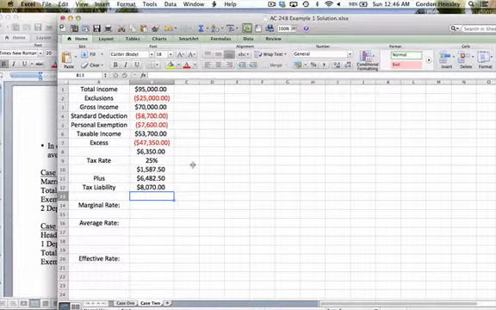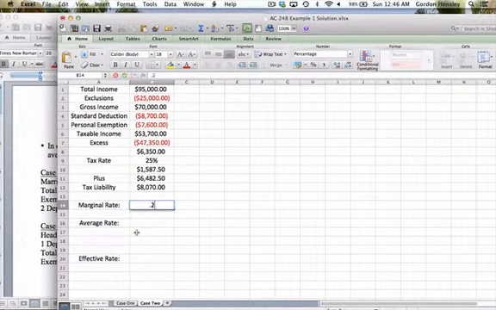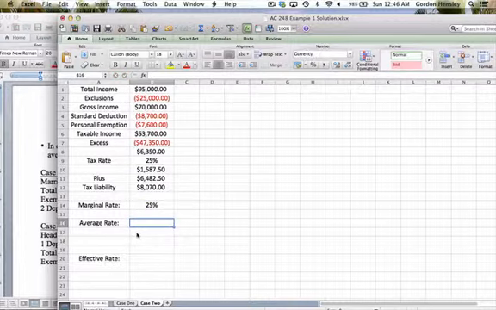So once again, I'm going to calculate my 3 rates. So for marginal rate, I said before there's nothing to calculate. It's just the tax bracket. Well, we used 25%. So their marginal rate is 25%. Now, average rate, I'll have to calculate that. That'll be tax liability divided by taxable income. Well, their tax liability was